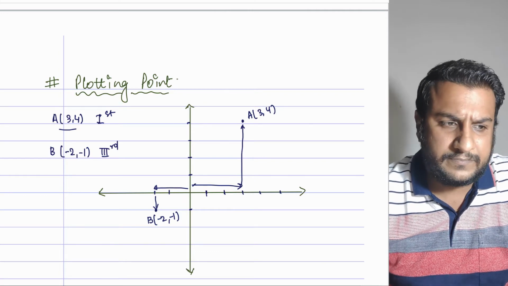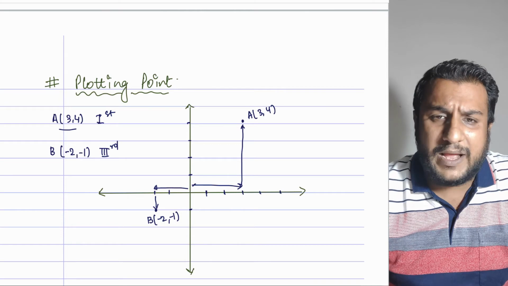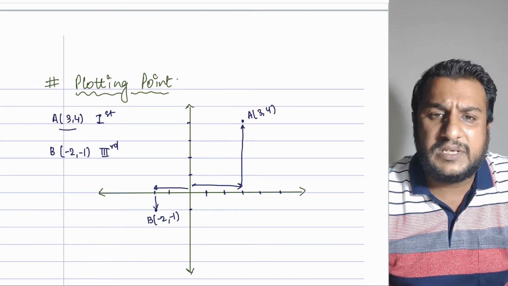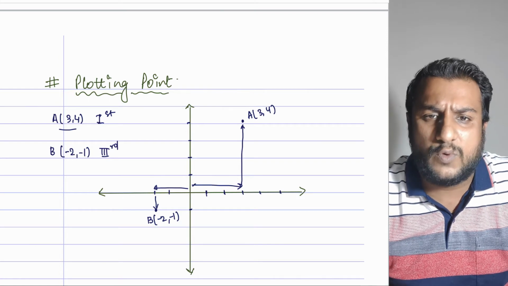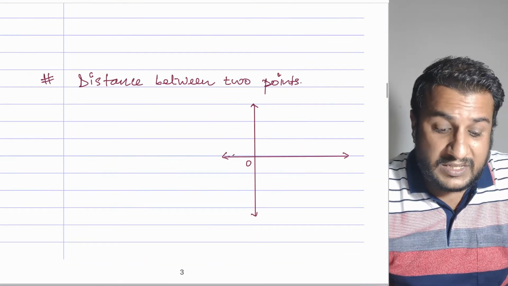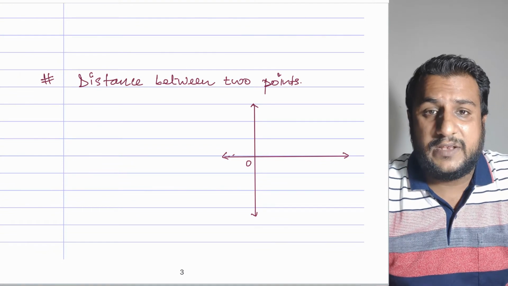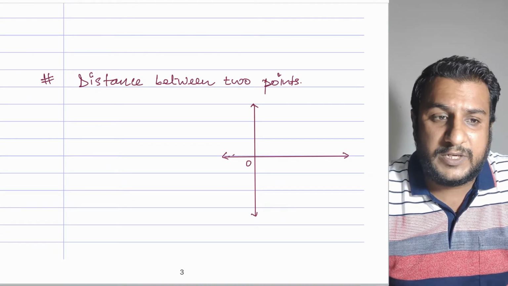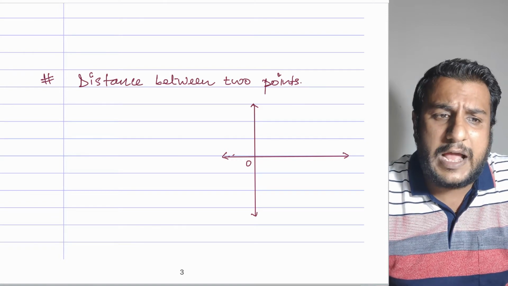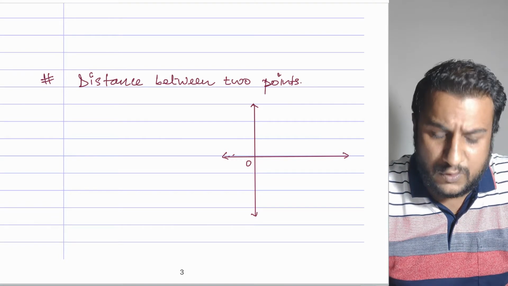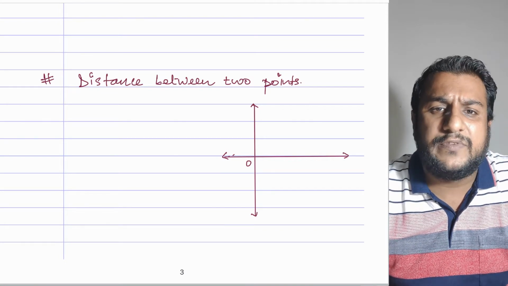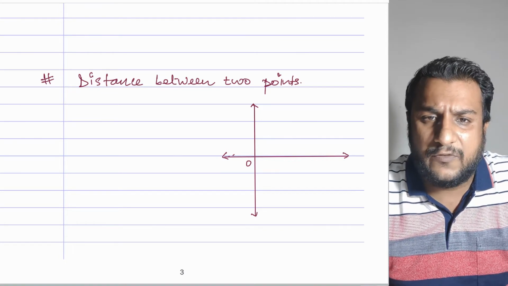ordered pair. Okay. Now as we know, your x coordinate represents your horizontal step and your y coordinate represents your vertical step. Okay. Now distance between any 2 points, and we know there is a formula for distance between any 2 points, but instead of remembering the formula, I would suggest that if you know the logic, what we are exactly calculating, it becomes very easy instead of memorizing the formula.